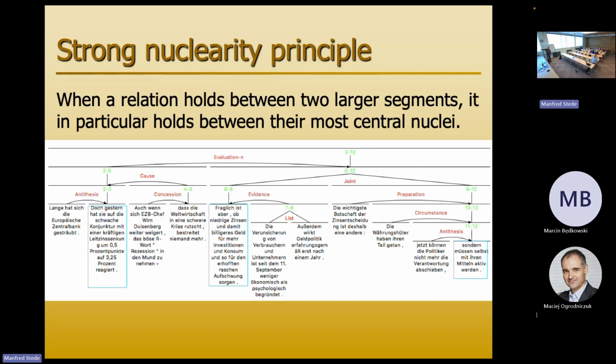I'm interested in the evaluation, so I follow the curved line and then go down straight, and I end up here. So the claim of this theory is I made some local decisions, antithesis, transition, cause, and so on and so forth. But in the end, I have some information about what is important for the text as a whole. So my evaluation says this one and this one together, right?